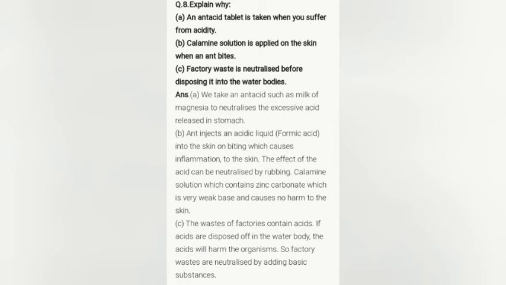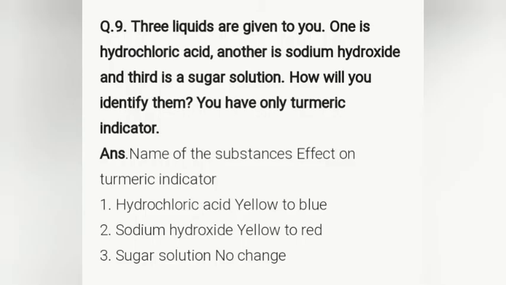Waste of factories contains acid. If acids are disposed of in water bodies, the acid will harm the organisms. So factory wastes are neutralized by adding basic substances. And the ninth question is: three liquids are given to you. One is hydrochloric acid, another one is